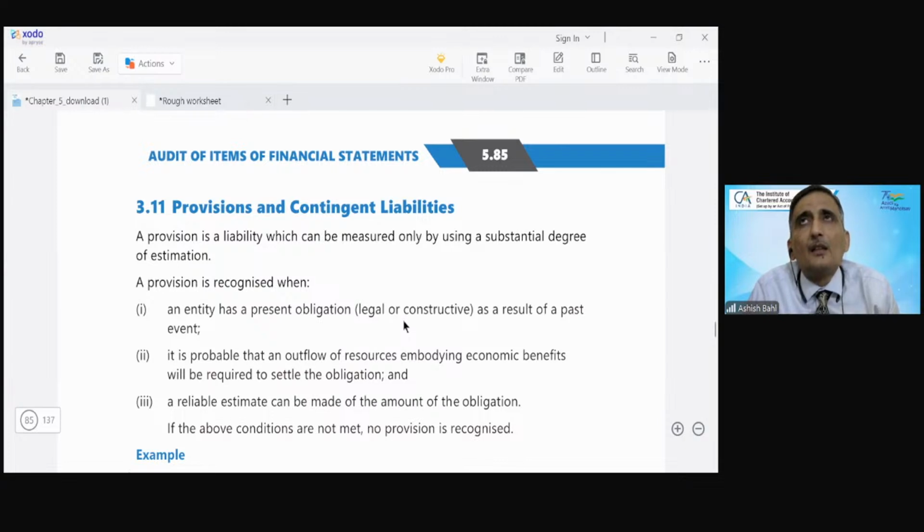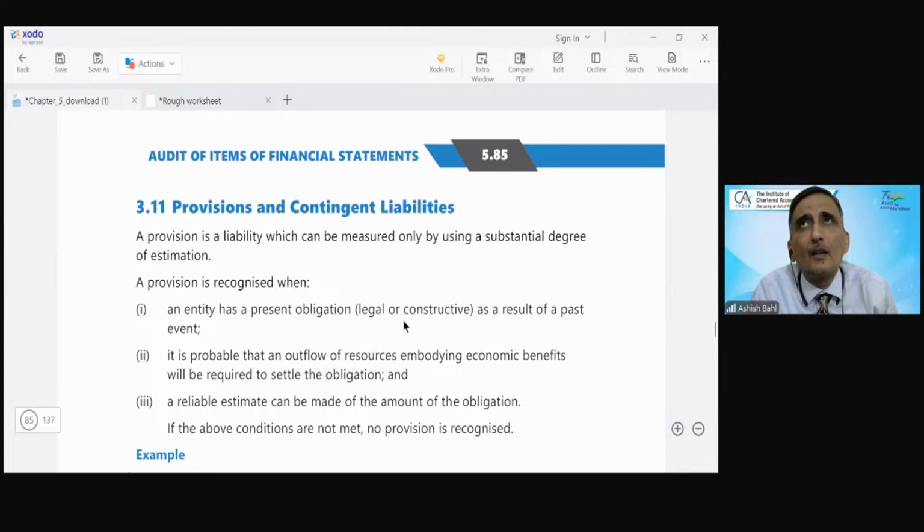Okay, so for certain defects or certain other things, by experience you know that some customers use this warranty, and some products come back to you under this warranty. So obviously, by past experience, the company knows that a liability exists, which would involve outflow